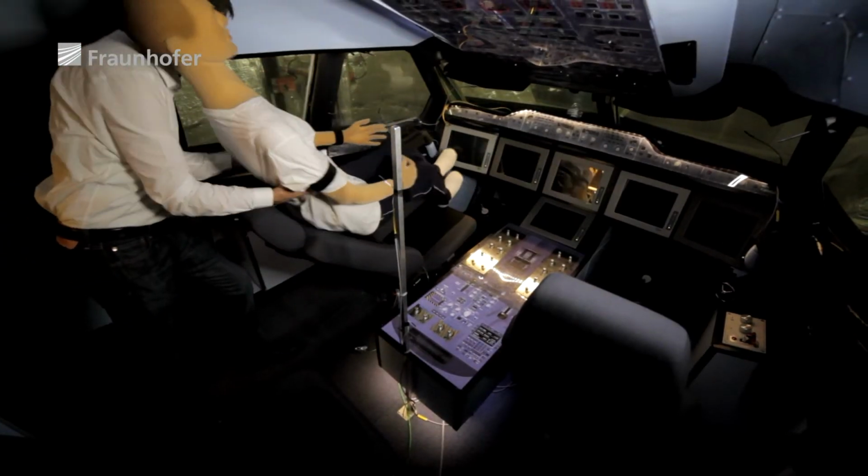The challenge for the researchers is to find solutions that enable both pilots and passengers to set the temperature to